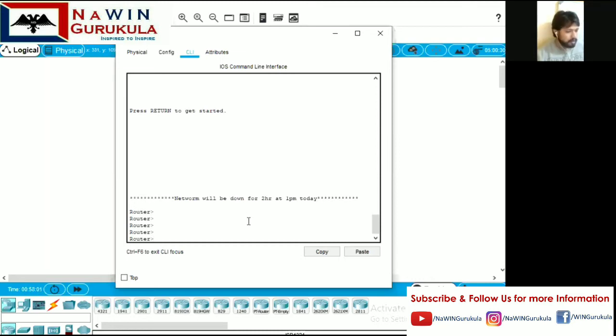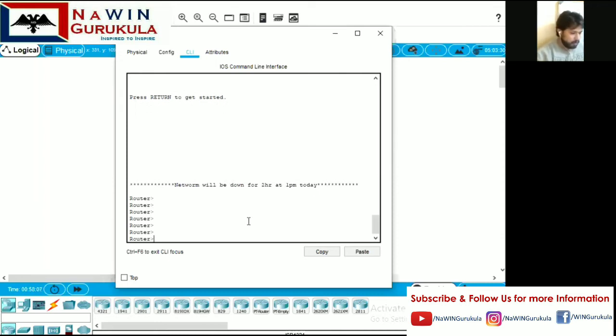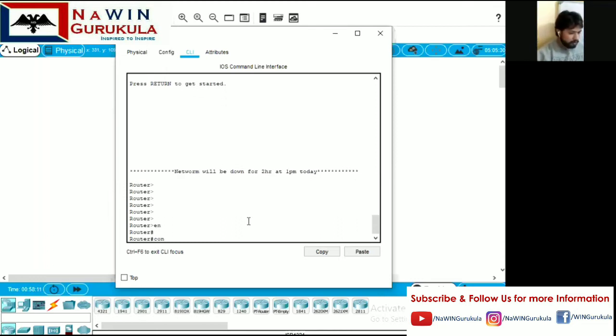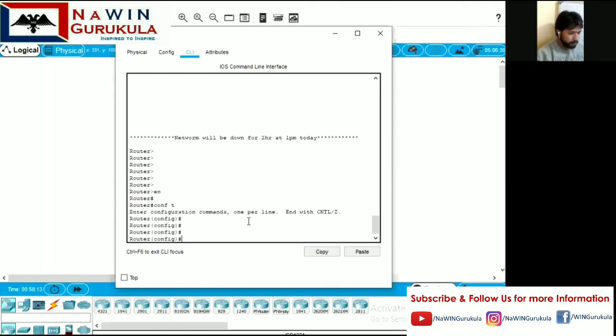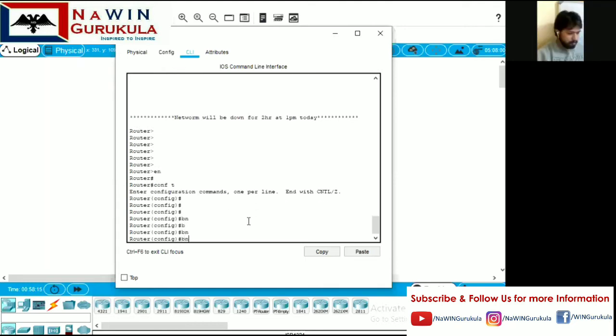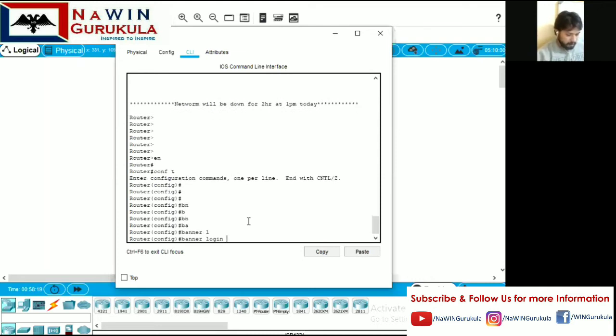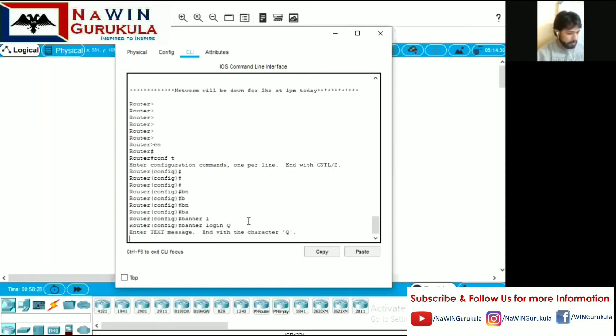Another message which you can provide here is the login banner. So enable, config terminal, banner login. Again, same as before, any character. In this case, I'm using Q as my character. Enter.